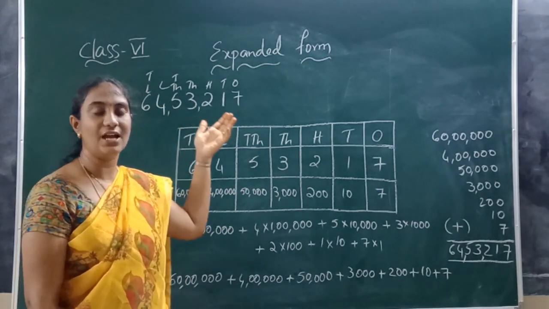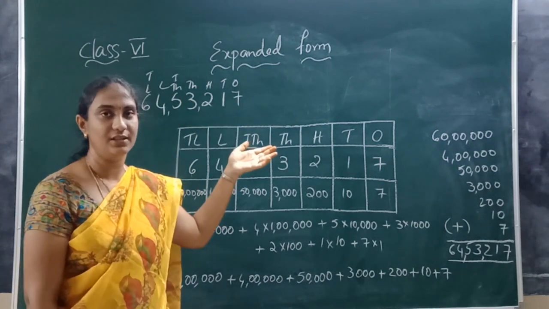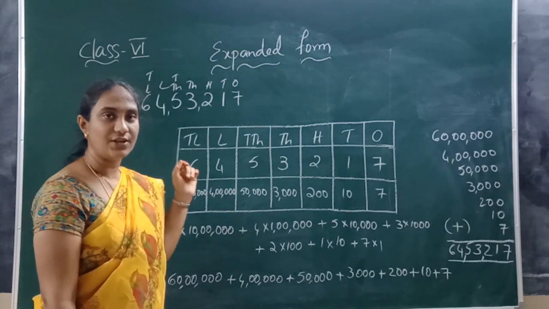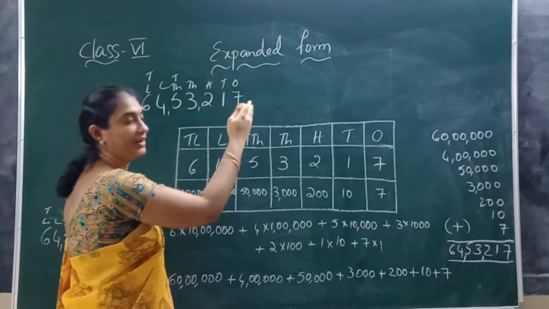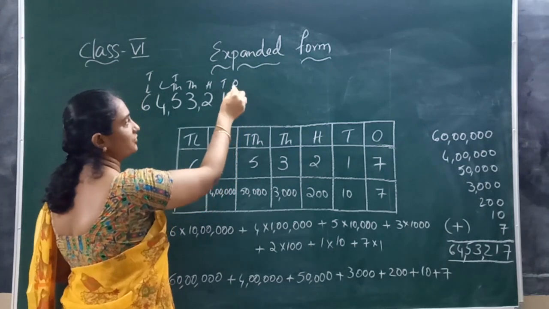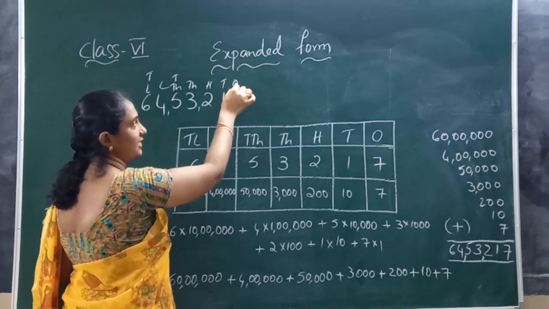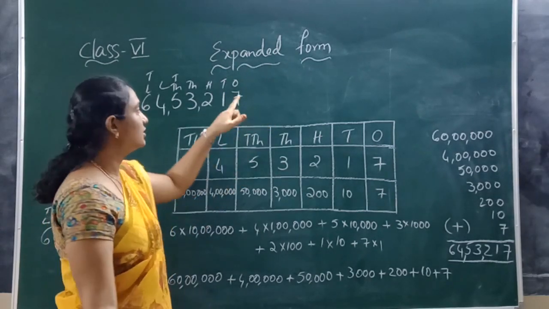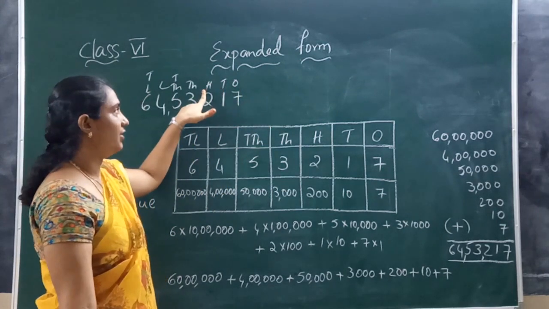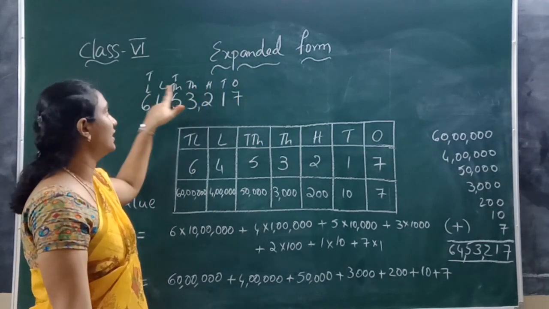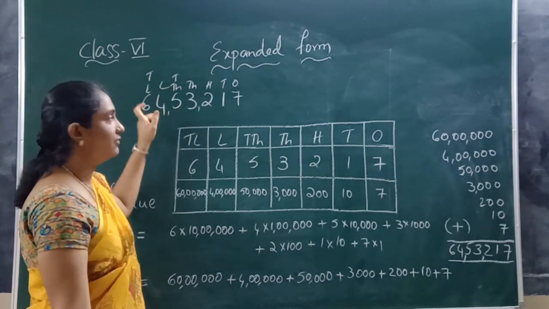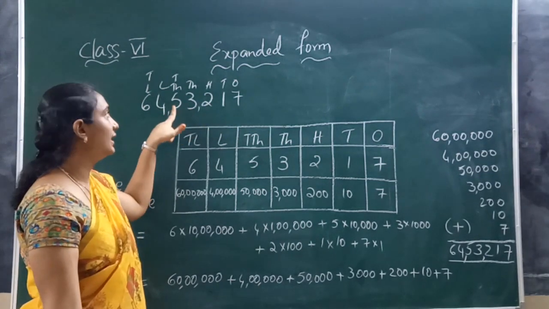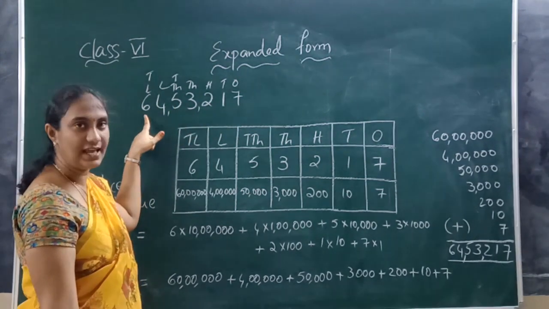Do we have to start the place values from the right side or the left side? We have to start from the right side. First write the place value. From the start, what do we write? Ones. Ones is also known as units. Ones place is also called units place. So, ones, tens, hundreds, thousands, 10,000, lakhs, 10 lakhs. Tell once again: ones, tens, hundreds, thousand, 10,000, lakhs, 10 lakhs.